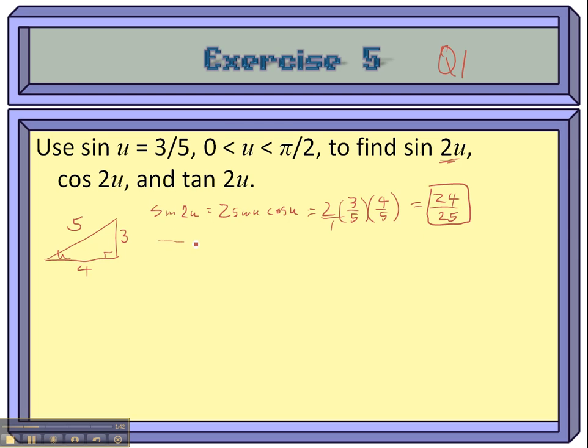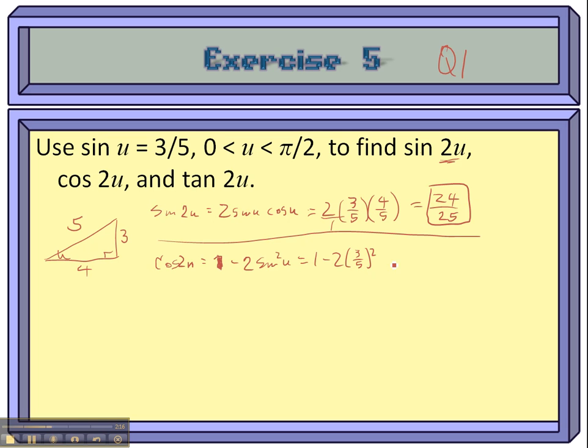Okay, now let's find the cosine of 2u. And we can pretty much pick whichever one of the formulas that we want. Let's go ahead and pick the one with sine in it, so it's not going to be that one, just because we already have the sine. So that would be 1 minus 2 sine squared u, which is 1 minus 2 times the sine, which is 3/5,